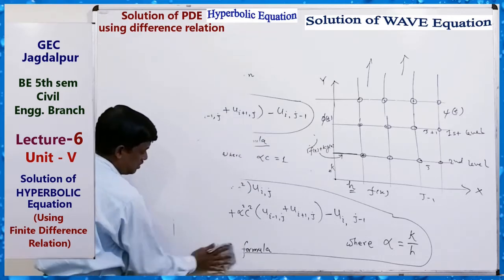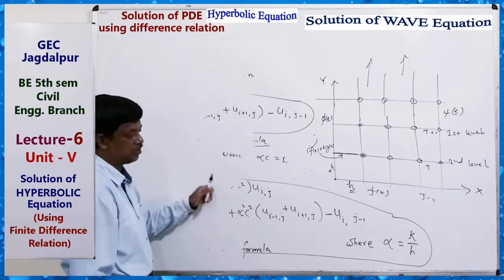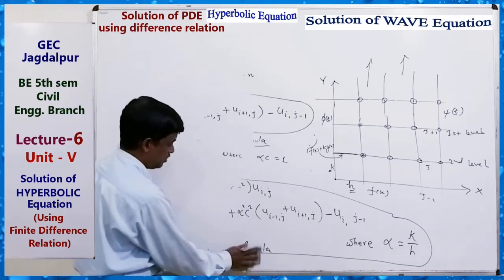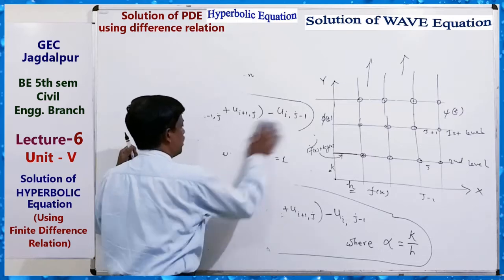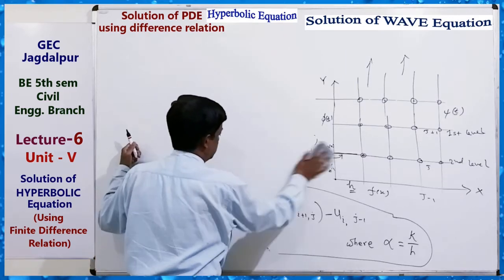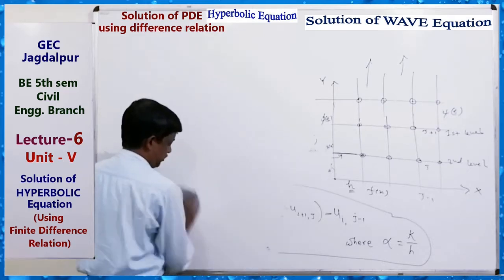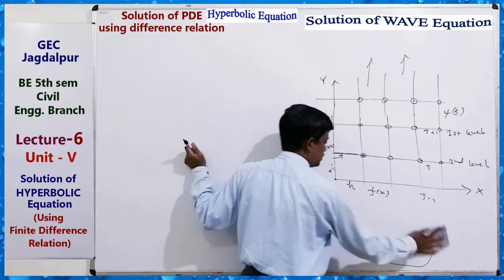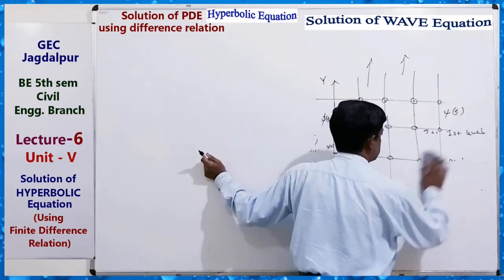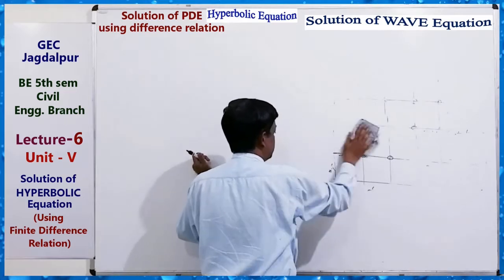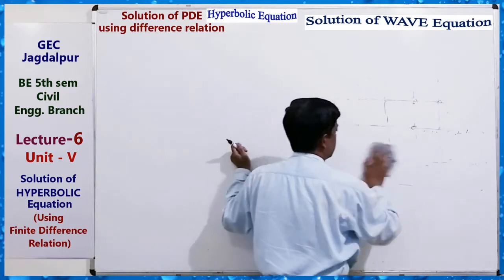Implicit formula is this. Here alpha equals to maybe something, but if alpha c equals 1, then we can use this formula, the explicit formula. So for understanding this method of solving the wave equation, just take questions. The first question is